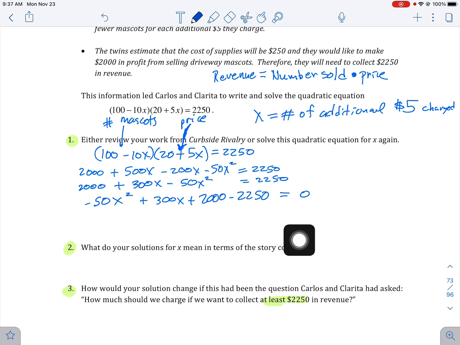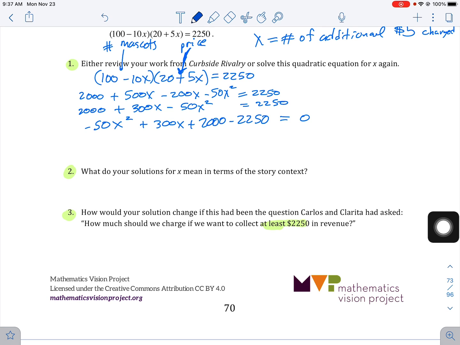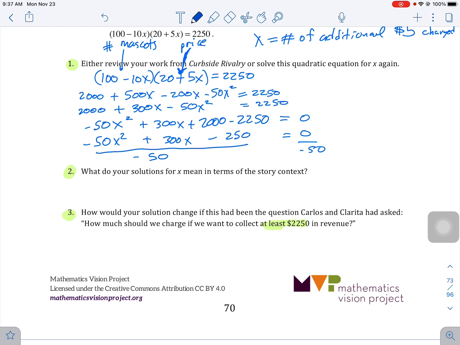You're always setting equal to 0 when you're solving your quadratic. What values of x make it 0? And we can actually simplify this to negative 50x squared plus 300x, and then we've got negative 250. Okay, what I would do is divide by negative 50 here. And when we've done that, erase some of the stuff that we have here so it's not all in there. We get, I'll write it up above,